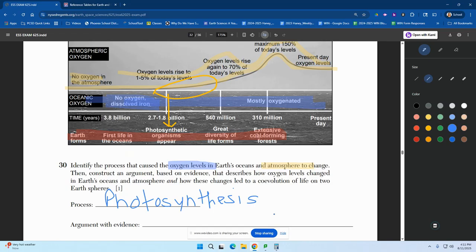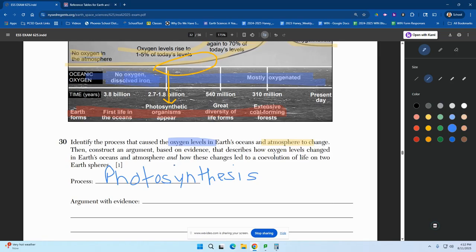Photosynthesis is when organisms consume carbon dioxide, and as they consume carbon dioxide, they release oxygen. We have to identify both pieces here because it talks about how the photosynthetic organisms right here are still in the ocean. So we want to talk about how the ocean organisms